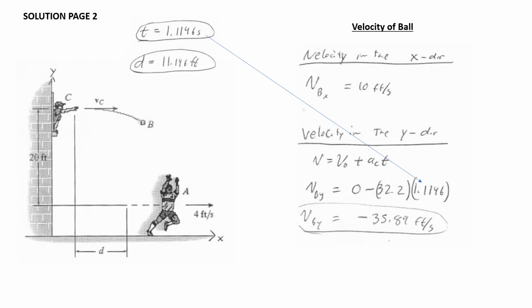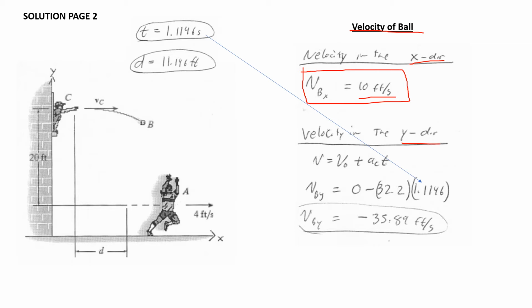So the other thing that they'd ask us to solve for was the velocity of the ball. If we want to calculate the velocity of the ball, again, I'm going to break this down in terms of our X direction and Y direction separately. Let's just take a look at our X direction. The velocity of the ball in the X direction, given to us in the problem statement, is v sub b, launched right here in the X direction at 10 feet per second,